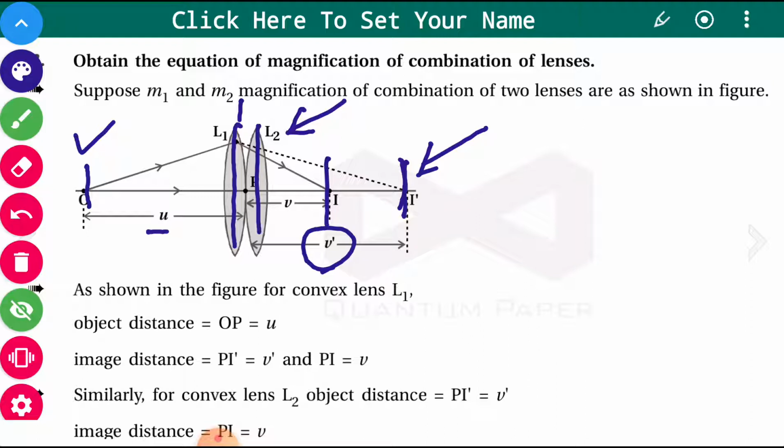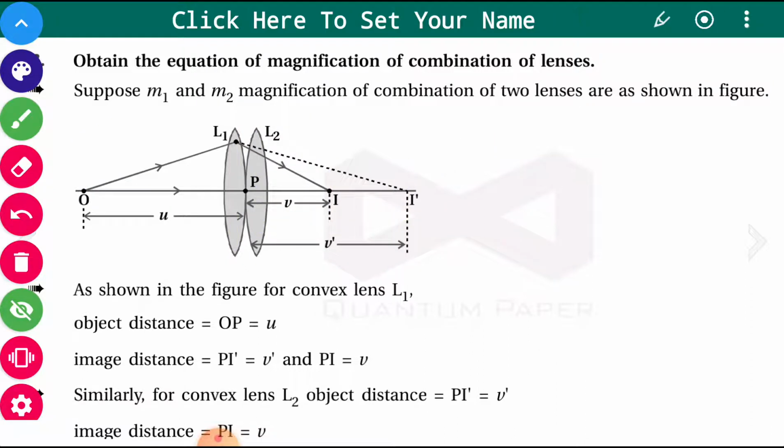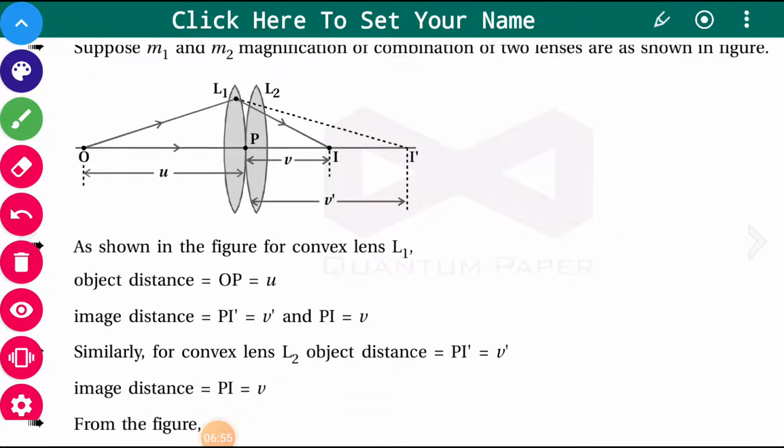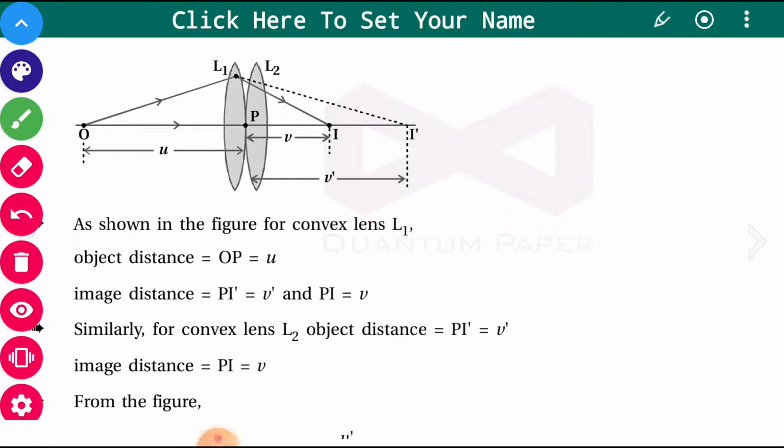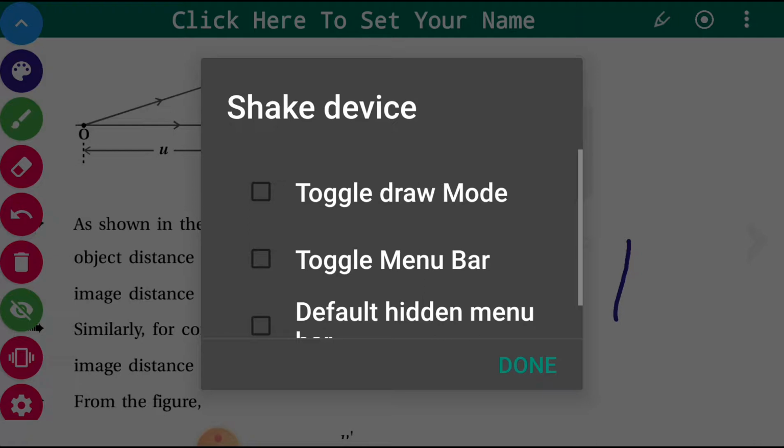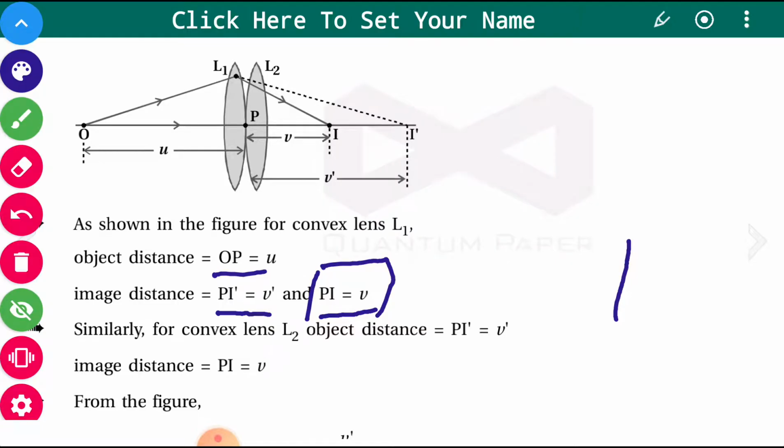Okay, and the final image is at I, its image distance is v from the combination of lenses. In this figure it is denoted OP. OP is the object distance. PI prime is v prime, that is the intermediate image distance. The final image has its distance PI equal to v. Okay, now from this figure we can see